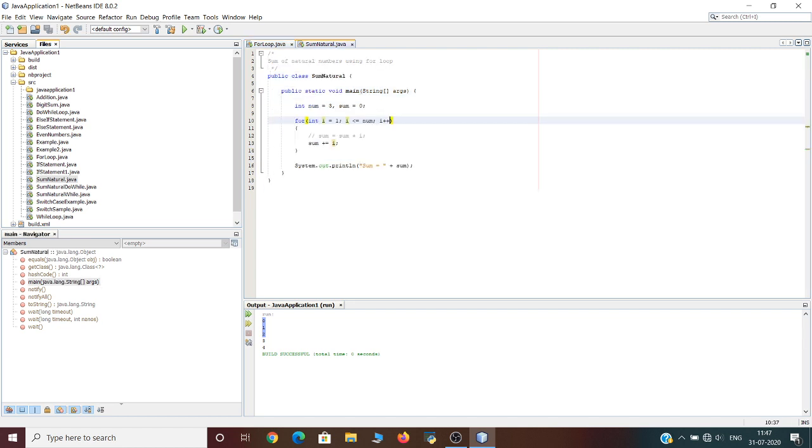So let us try to solve the sum of natural numbers problem that we have discussed in the previous videos using while loop and do while loop, this time using a for loop. In this program you can see, just like the previous cases, we have taken two variables, num and sum. The value of num has been initialized as 3, and the value of sum has been initialized as 0. We will not declare the variable I separately here, because we are declaring it inside the for loop in statement 1.